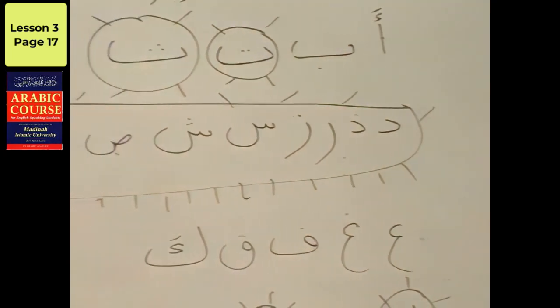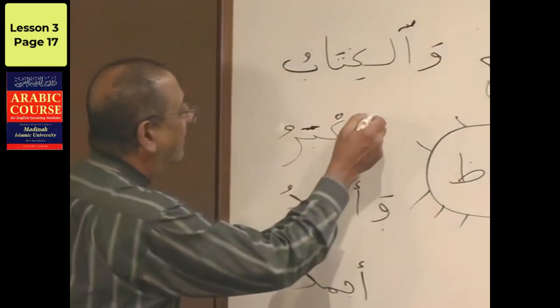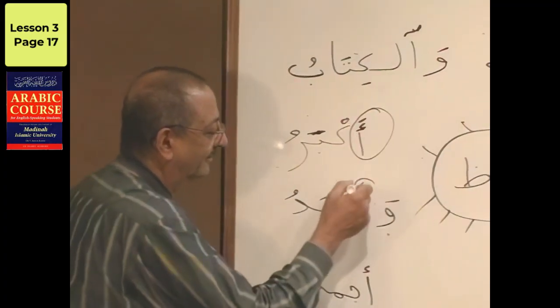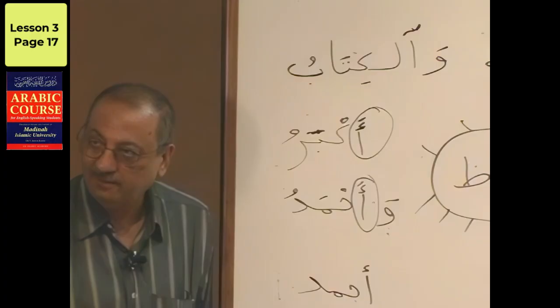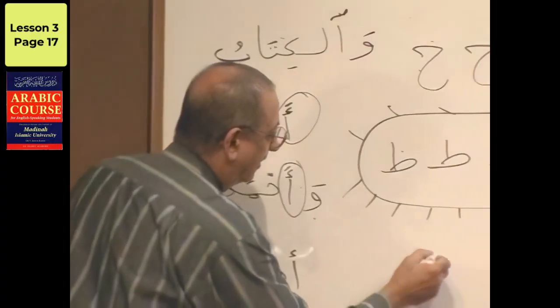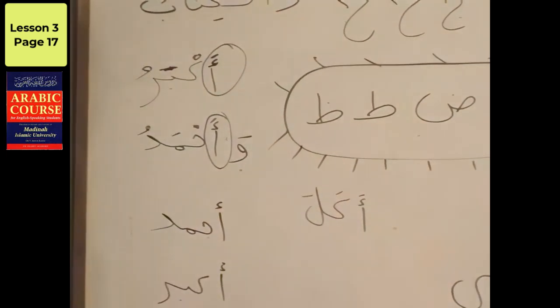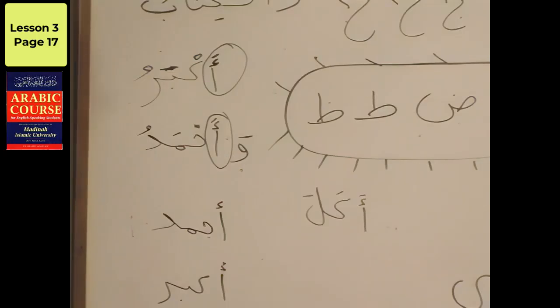Hamzatul Kata. You know, Hamzatul Kata, I will explain you later on, inshallah, in detail when it comes. But it is very simple. You will always see something like this. Are you with me, brother and sisters? What is this? Akala. This is a verb. We will be learning soon.